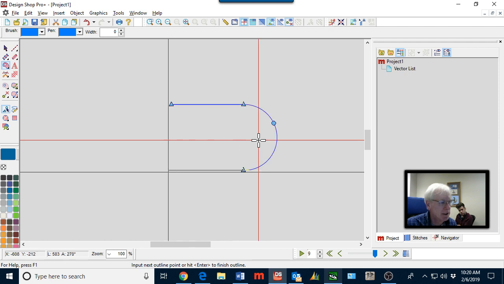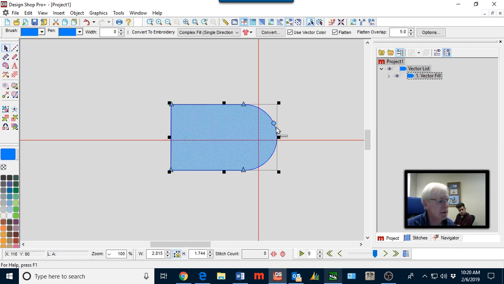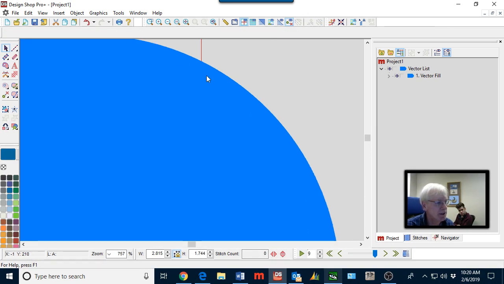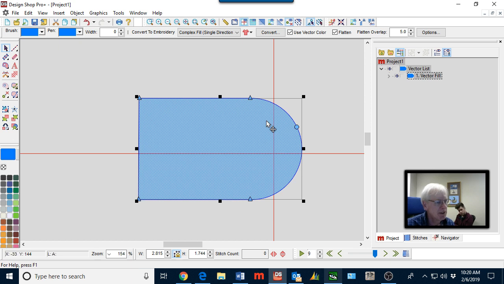Something, let's say like this. Boom. Okay. So in vector, you can see how beautifully clear this curve is. There's no steps or anything like that. It's just gorgeous. And what happens is, in vectors, the outline is stored at a very high resolution, so it'll